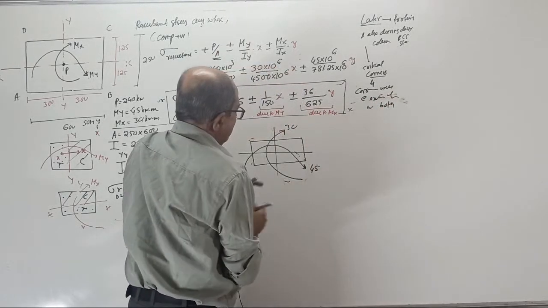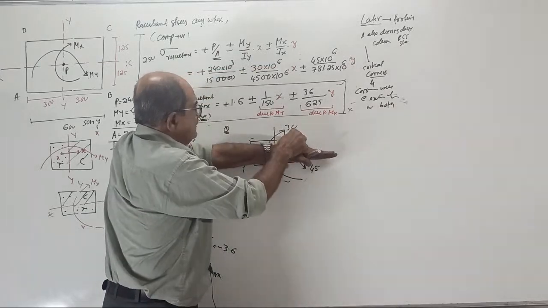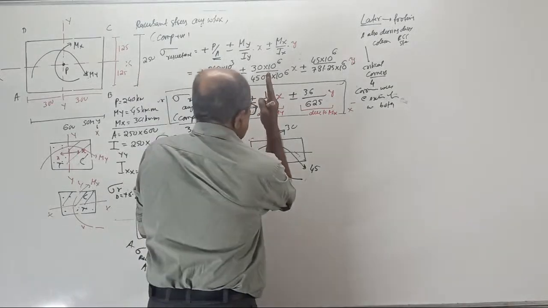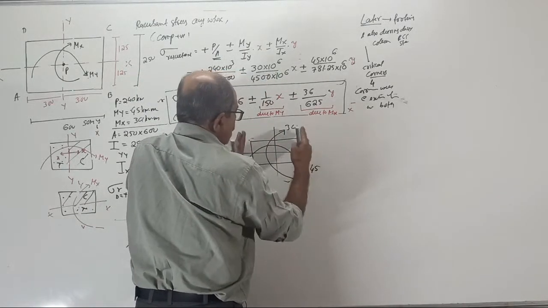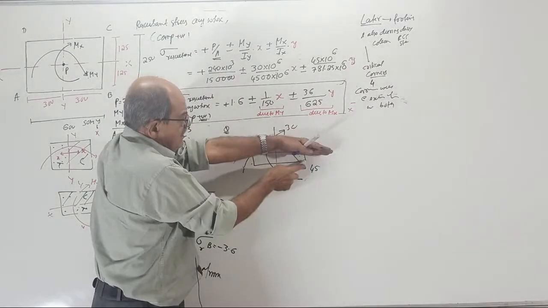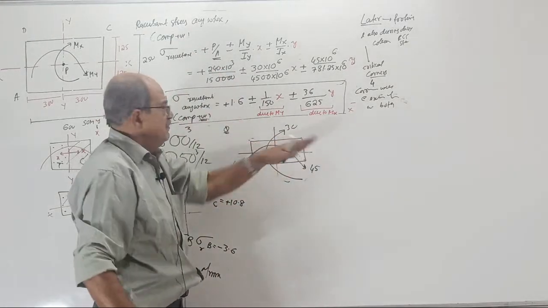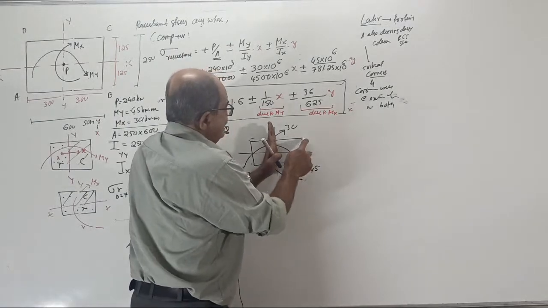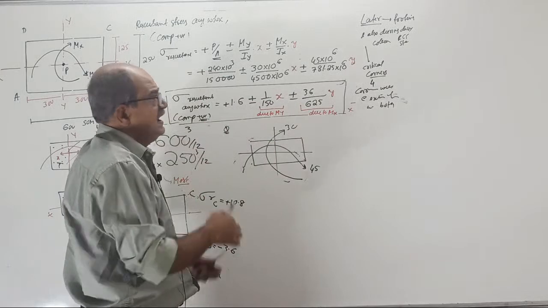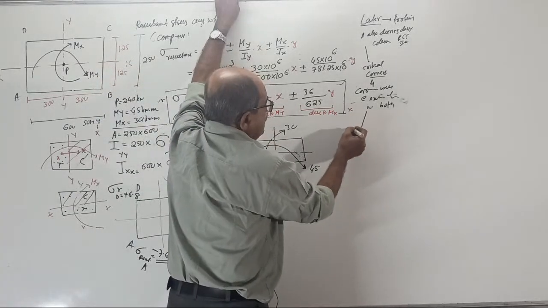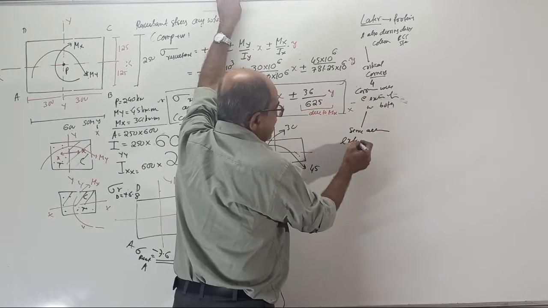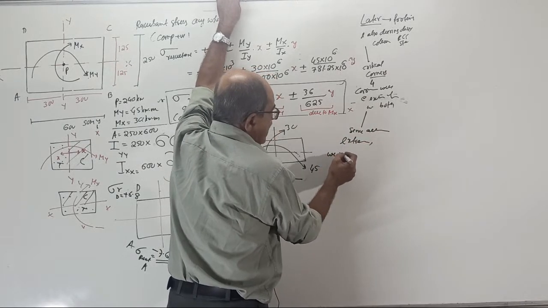With respect to the x-axis, these two and these two are extreme fibers, one side and the other side. With respect to y-y, again these two on this side and these two on this side are extreme. Since all of them are extreme fibers, we need not